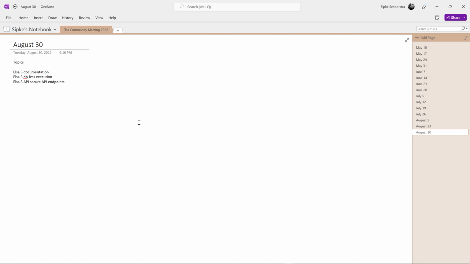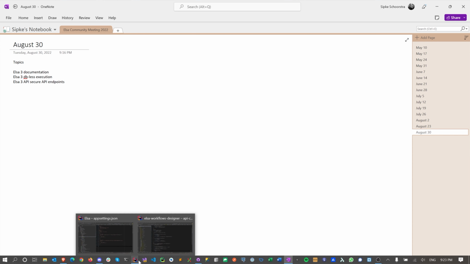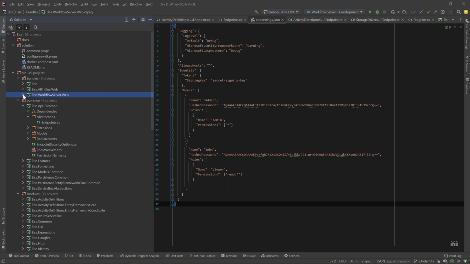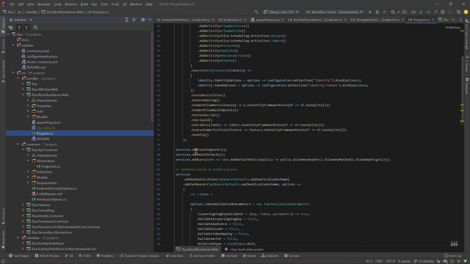So I'm thinking about these things. I haven't put it in stone yet. What I did start working on is the foundations of having secured APIs, and I would like to walk you through the code a little bit of the way it's going to look from a security point of view when working with Elsa APIs. And the first thing you will notice is this line here,